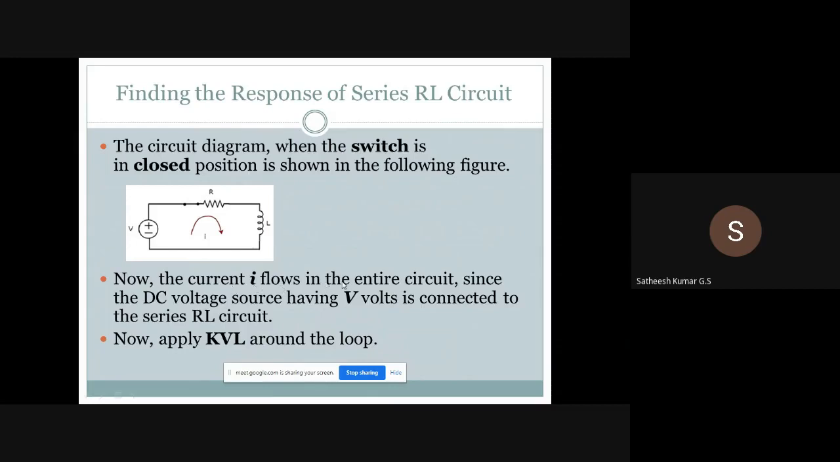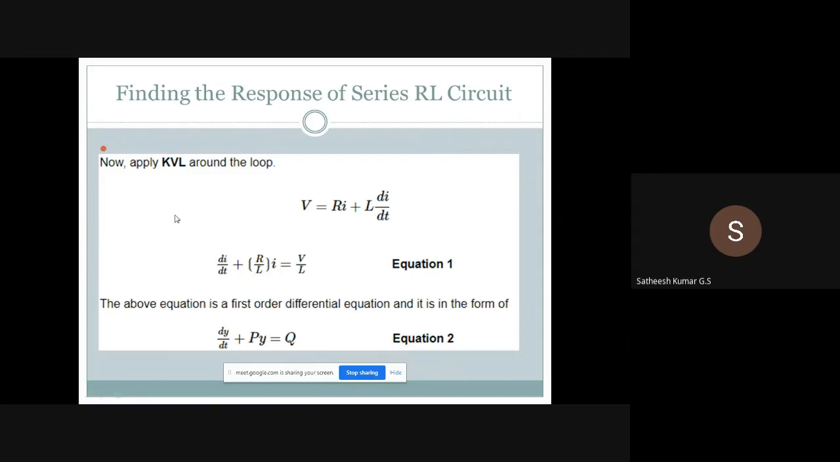Now the current I is flowing in the entire circuit since the DC voltage source V is connected to the series RL circuit. Now applying KVL around the loop. What is Kirchhoff's voltage law? Sum of potential rise is equal to sum of potential drop. Right. Now applying KVL around the loop,